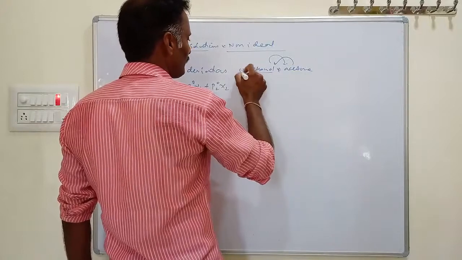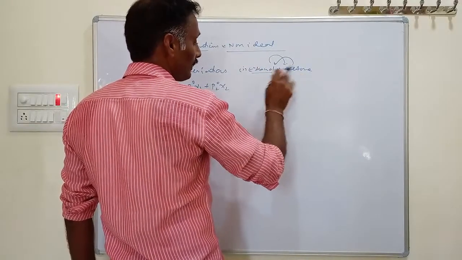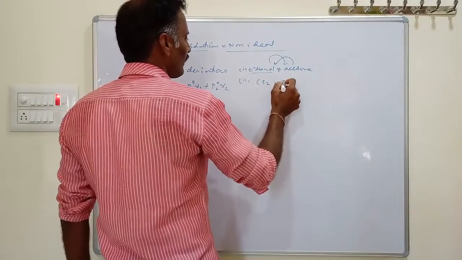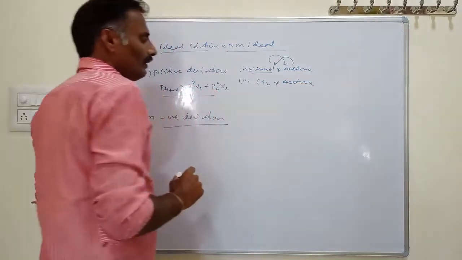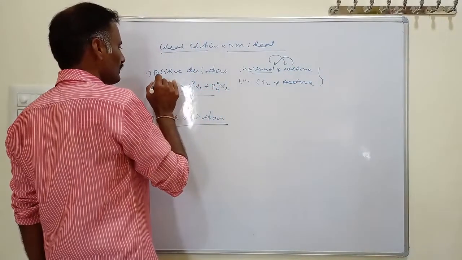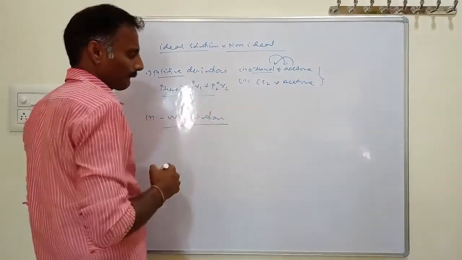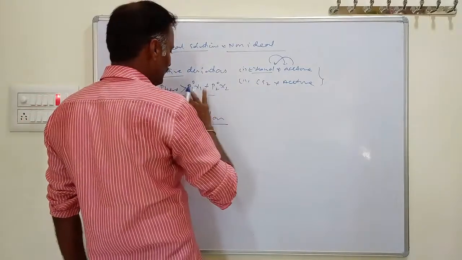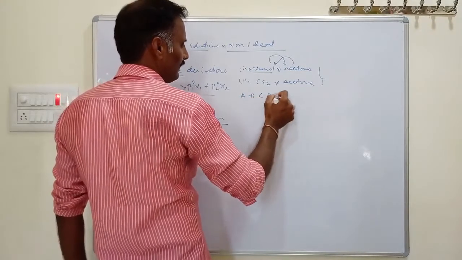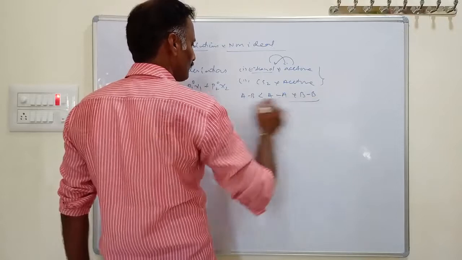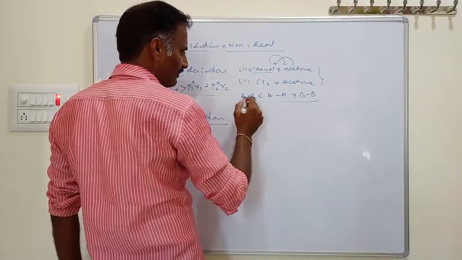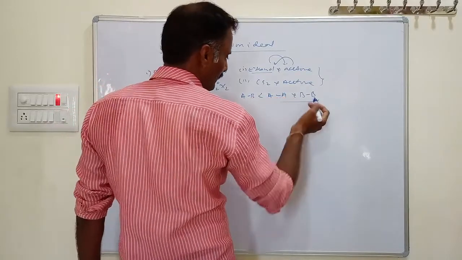Ethanol and acetone is the best example for this positive deviation. The second one is carbon disulfide and acetone. These two are the best examples of solutions showing positive deviation from Raoult's law. In this case, AB interactions are less than AA interactions and BB interactions. AB, nothing but solute-solvent attractive forces, are less than AA and BB interactions.